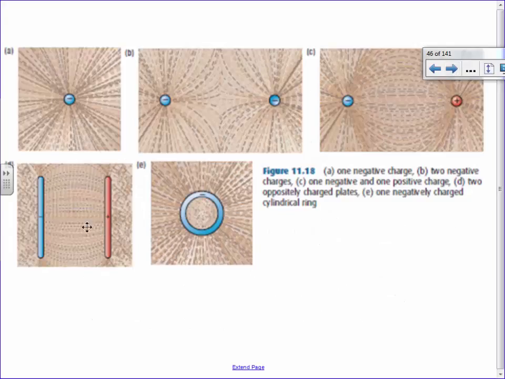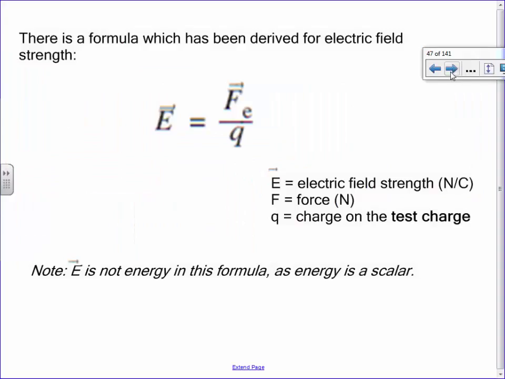Today we're going to talk about this type of field, by the way, where you have two plates. We'll get to that in a second. Here are some formulas we would have worked with, and I hope you guys would agree with me, the formulas themselves are not that hard. They're mostly two, three, four variables at most. The biggest thing is you've got to make sure you're clear on two things. One, you've got to figure out how the direction is going to work, whether you have to deal with positives and negatives, but you just do that at the end. The other is you've got to be super careful about what F and E stand for. F is a force, it's a vector. E, without a line on top, is energy, which is scalar, something different.